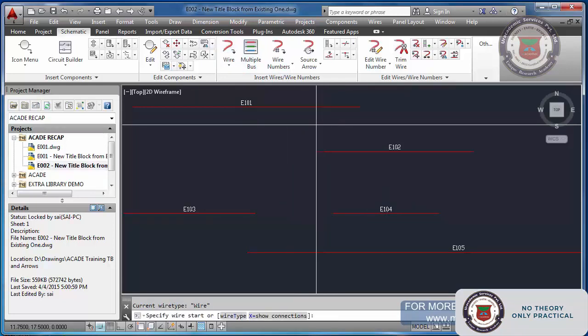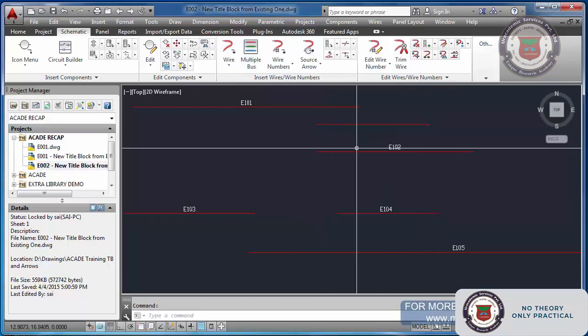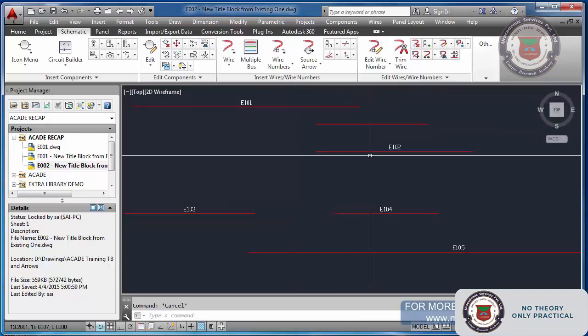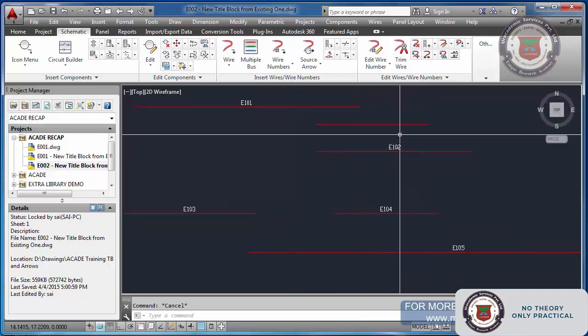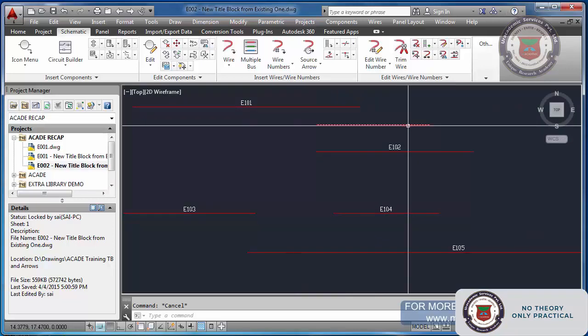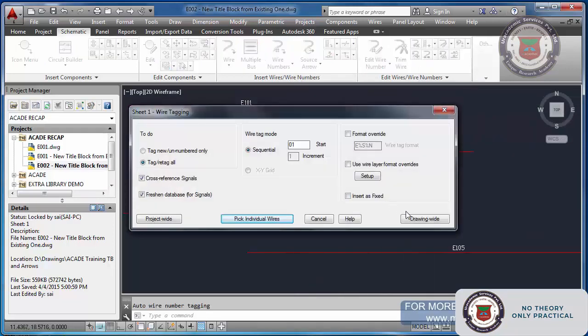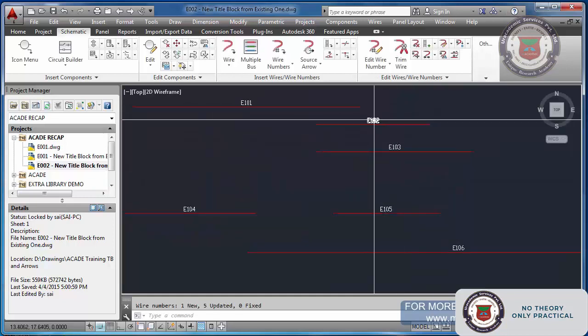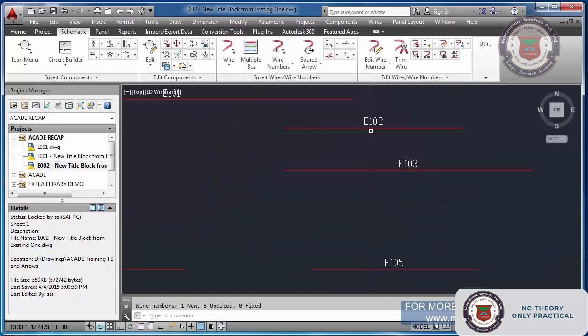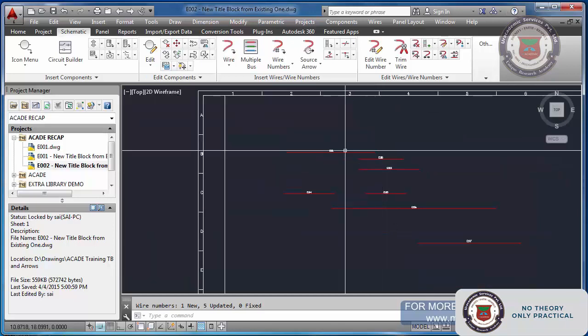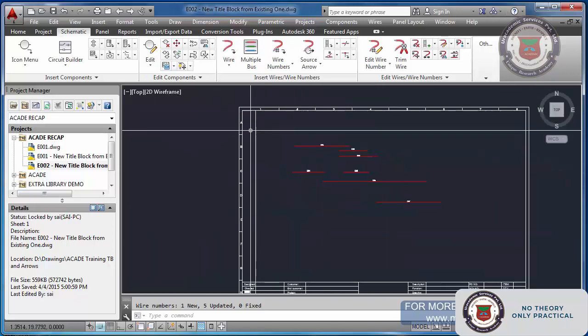Suppose if I draw a wire in between these two, and again do the wire numbering. Remember, now this is 102 and this new wire doesn't have any number. Now I am doing the wire number again. Now you see the middle one became 102 and the third one became 103, because the program reads from top to bottom and left to right.